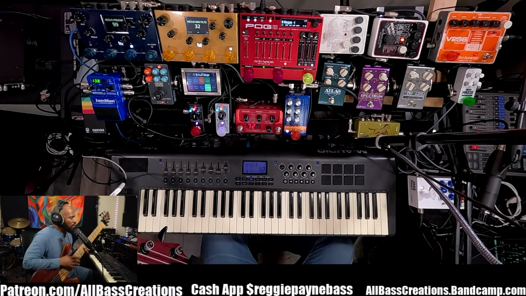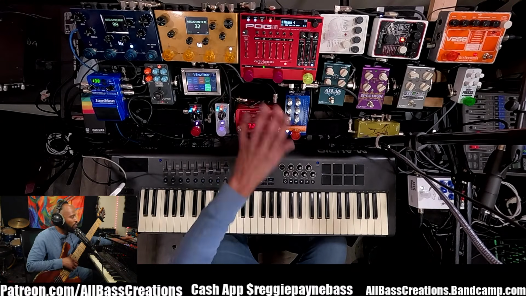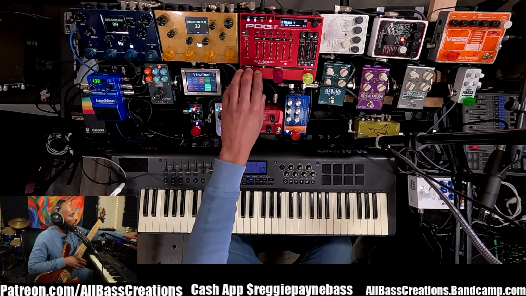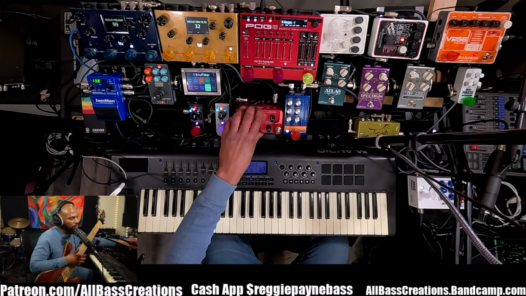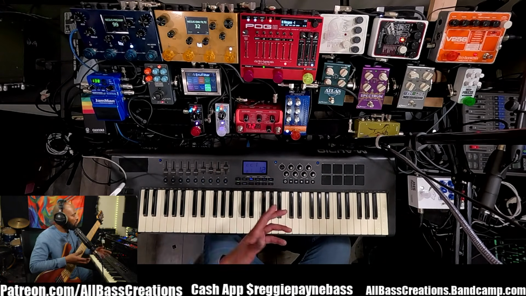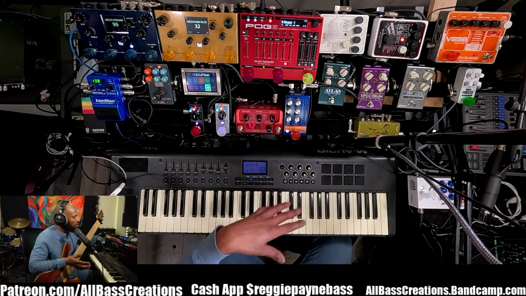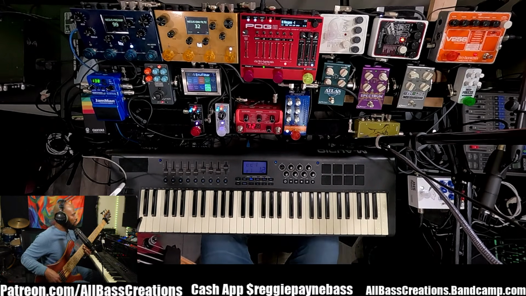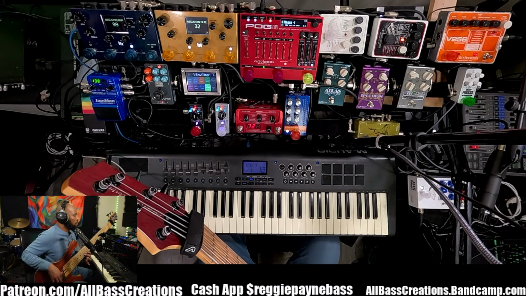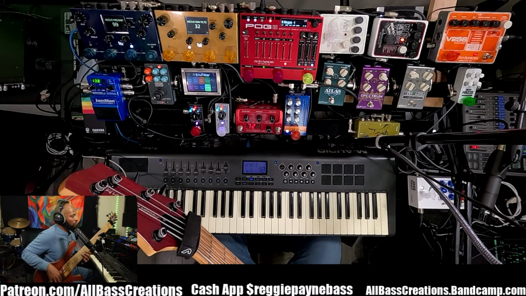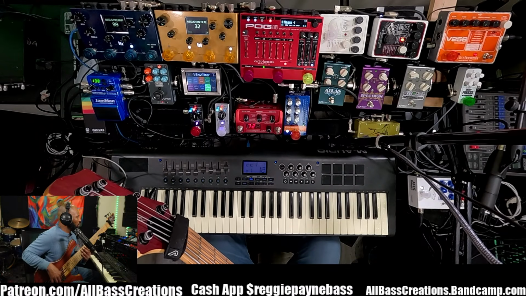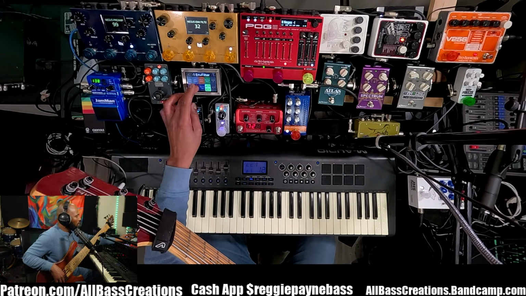The setup is already modular as it is, you know what I'm saying? Essentially, I don't need to move anything. I just need to change which device I'm choosing the effect from. So if I need an octaver, like I have now, and I need an envelope filter, or if I need a phaser,